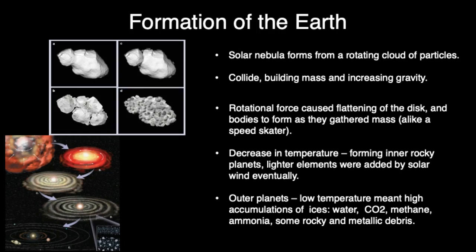So closer to the middle of that disk, temperatures were very high, making dust grains able to evaporate. But far away from the middle of the disk, temperatures were very low, to negative 200 C or so. Which, because they were so low, the particles in those outside edges were probably covered by frozen water, frozen CO2,